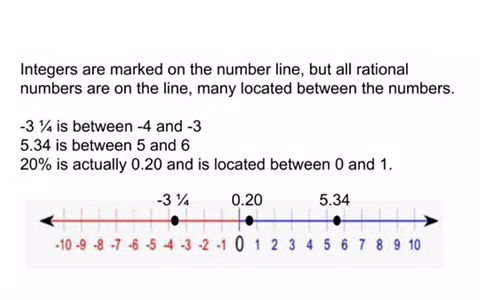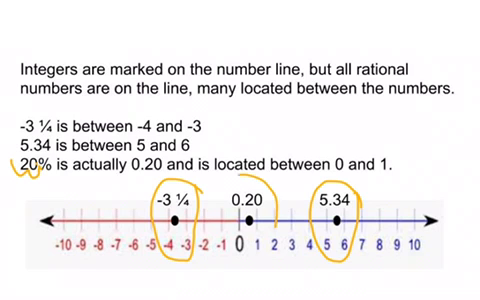Integers are marked on the number line, but all rational numbers are on the number line, many located between the numbers. -3 1/4 is between -3 and -4. 5.34 is between 5 and 6. 20% is actually 0.20, again, decimal at the end, 2 places to the left, changes the percent to the decimal, and it's located